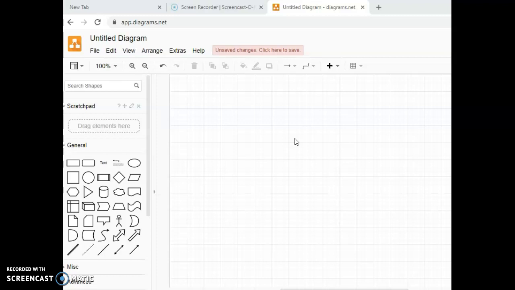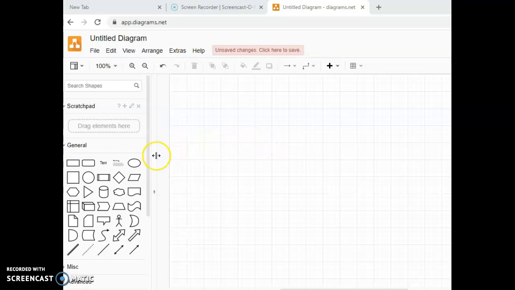Today we are going to draw a flowchart. Flowchart is a diagrammatic representation of any given problem. In today's session, we are going to learn about the various symbols that we are going to use while drawing the flowchart. Here, we are making use of Draw.io portal for drawing the various flowcharts.